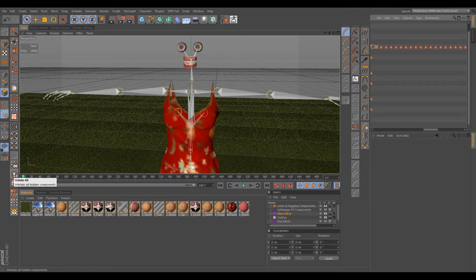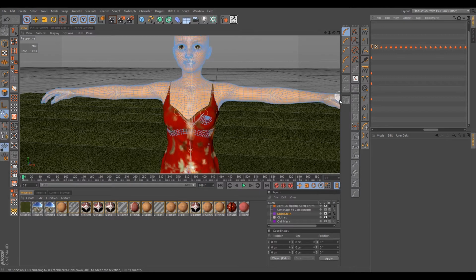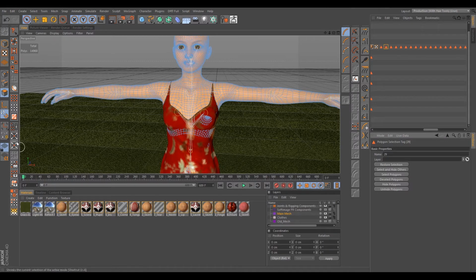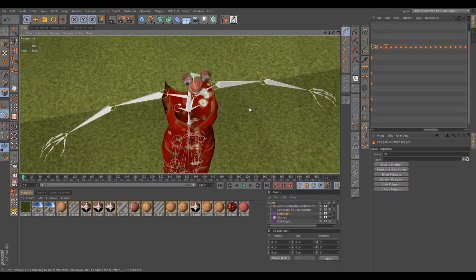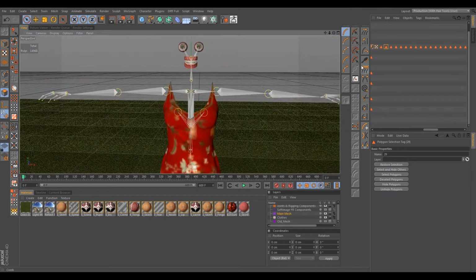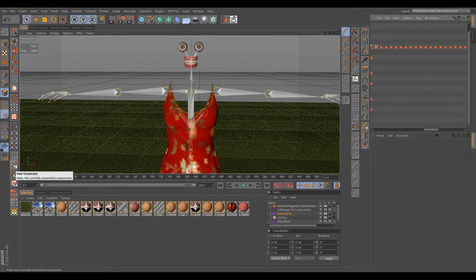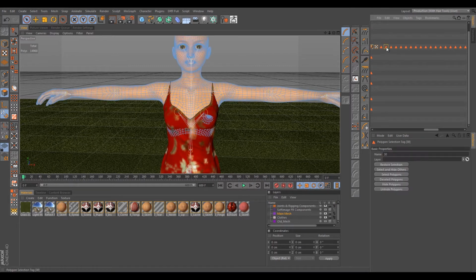So we can go ahead and unhide all to bring everything back, and we can select this, and then do a hide unselected. Let's see if this selection exists. It doesn't. We can go ahead and delete that too, and do an unhide all, and we can just keep going through and basically figuring out